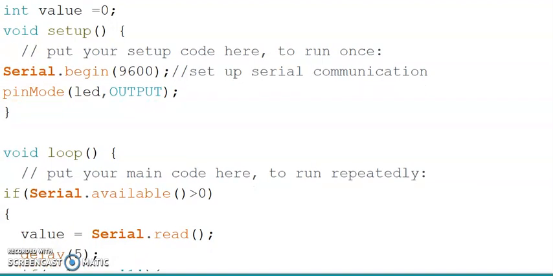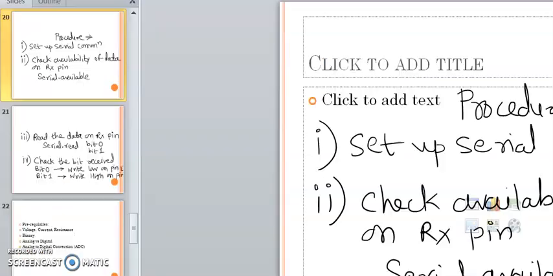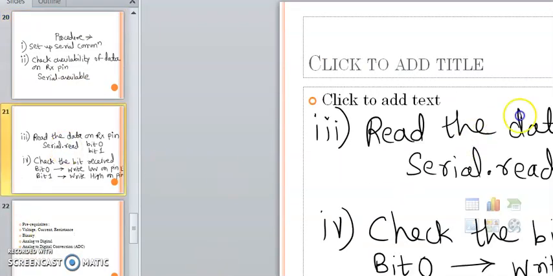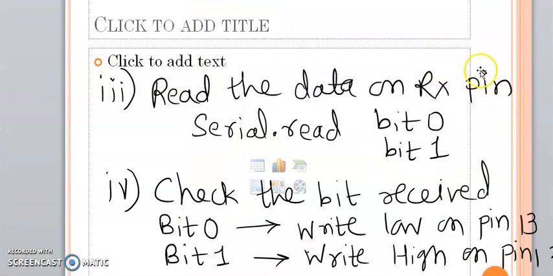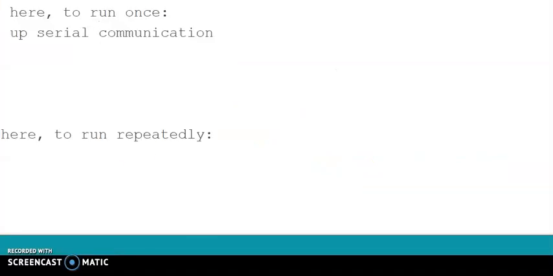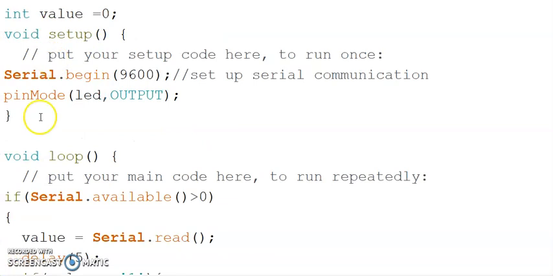The next step, according to our step number 3, is to read the data on the Rx pin. So serial.read, but we have to store this value in some variable. So I have declared a variable called value.